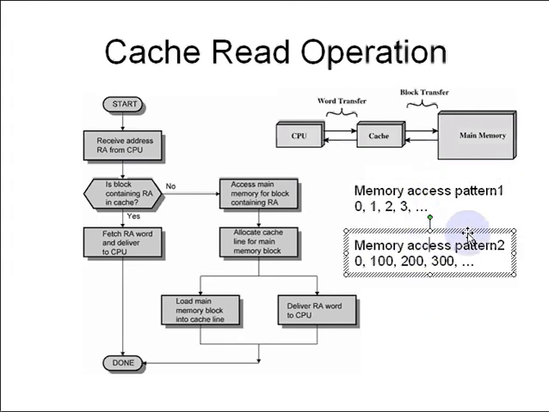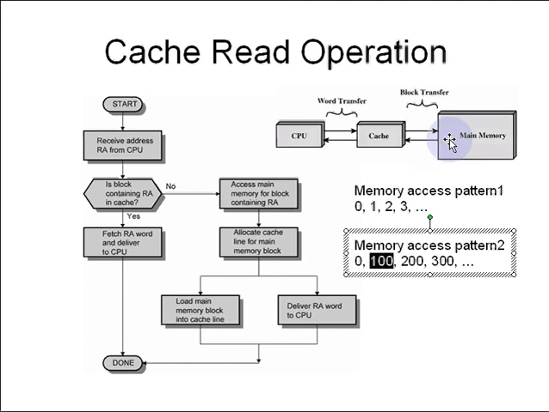Now let us consider the second memory access pattern. Here we access memory address 0 first. Let's say address 0 is not present in the cache memory, so we go to the main memory, read it, and copy the whole block from main memory to cache memory. But next time I am accessing address 100, so we have not copied memory address 100 from main memory to the cache memory yet. We copied only address 0 up to address 15. So there will be a cache miss for address 100 also. So when we try to read memory address 100, we again have to go to the main memory.